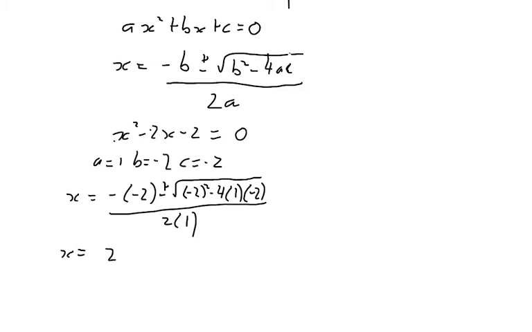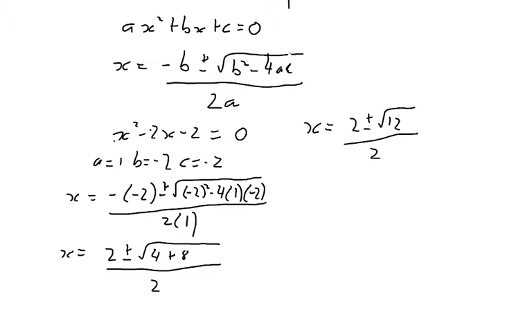Negative of negative 2 is 2. Plus or minus, now negative 2 squared is 4. Take 4 times 1, which is 4, times negative 2, so that becomes negative times negative is positive, so that's positive 8, over 2. So x equals 2 plus or minus the square root of 12